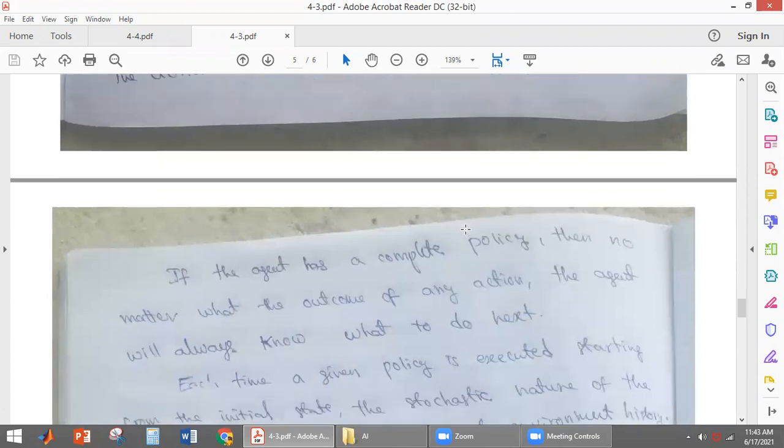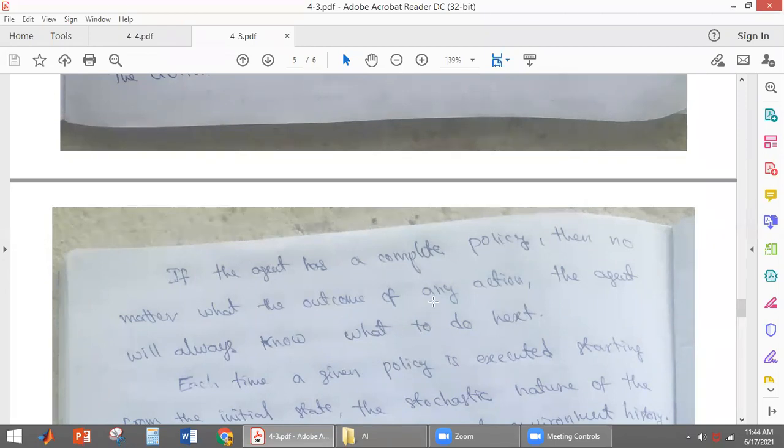If the agent has a complete policy, it knows for each and every state what action to be taken. So if it is at 1, 1, what action to be taken? If it is at 1, 2, what action should be taken? If the agent has a complete policy, then no matter the outcome of any action, whatever outcome it gets, the agent will know what to do in that particular state. Understood? If some action is performed and it reaches a particular state,